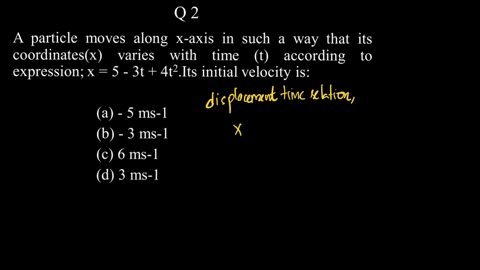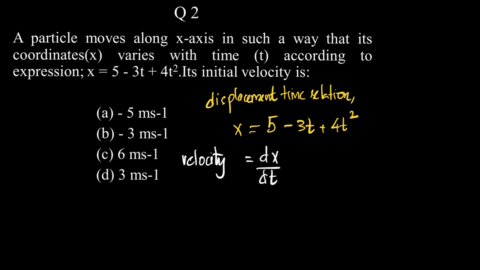What is it given as? This is given as x is equal to 5 minus 3t plus 4t square. Now, what is velocity equal to? Velocity is equal to dx by dt, or d by dt of x, which is equal to d by dt of 5 minus 3t plus 4t square,